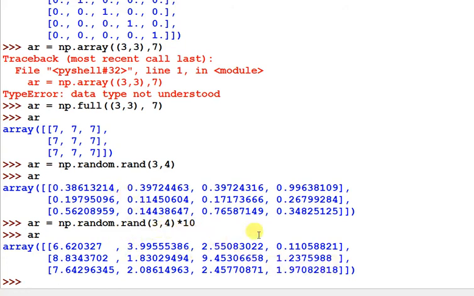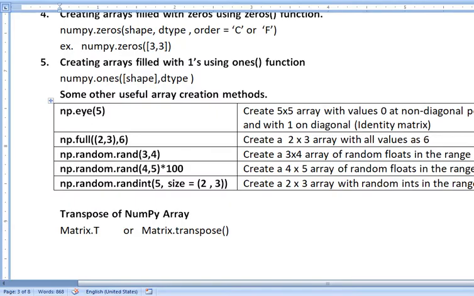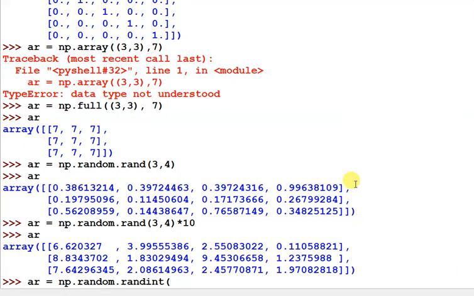If you want to generate an integer value, we have to use the np.random.randint function, and then, for example, passing 5 gives 0 to 4. If I pass 10, it can generate numbers from 0 to 10, and in this way we have to pass the shape.